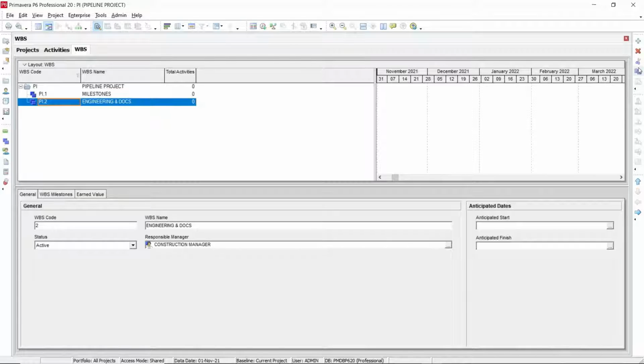Then again you want to add the procurement WBS. Again you need to maintain the same hierarchy level. So procurement. Then you need to add construction.